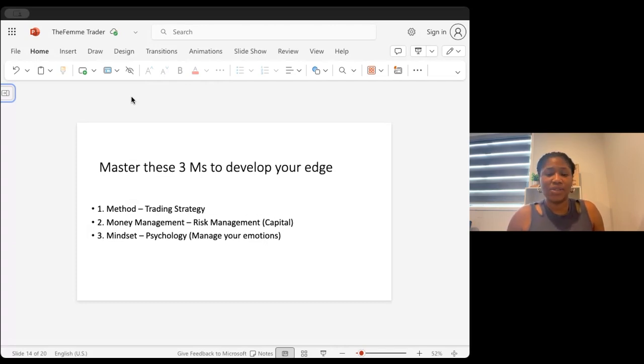When I talk about the method, it is your strategy. There are a lot of strategies that you can implement. Some of them are indicators. Indicators can actually be useful for you as well, because on the chart, the indicators can tell you when to buy and when to sell. Some traders rely on indicators. The second one is trend lines. Some people depend on trend lines. That is their strategy. So they know when the market may reverse, or they know how to trade it. Trend lines are another strategy that you can implement to make money from the market.